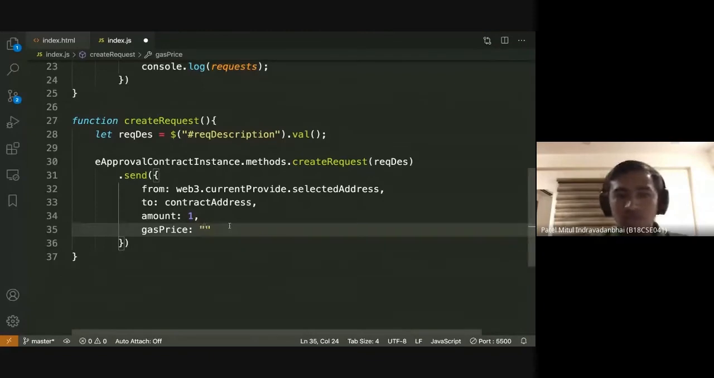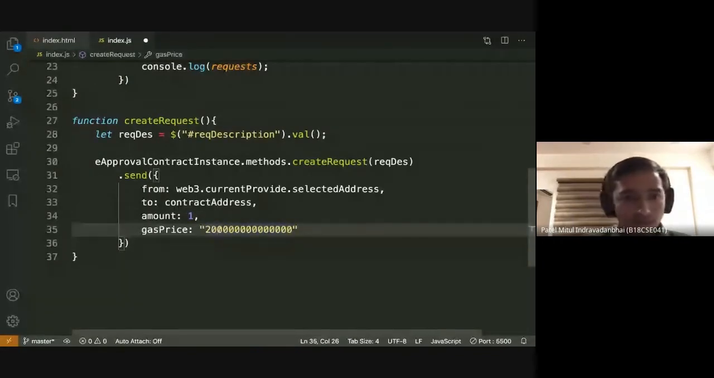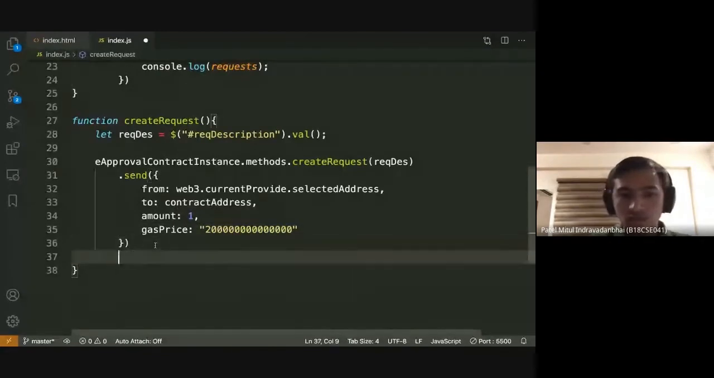So I'm going to provide some really weird values here. It's actually in Gwei, so it's a smallest unit of Ethereum, and it basically returns the promise. So .then